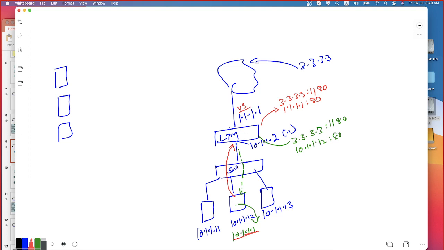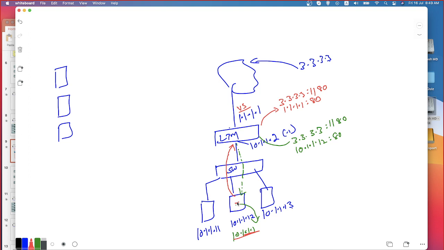You are configuring the default gateway on the actual server. It's routing.